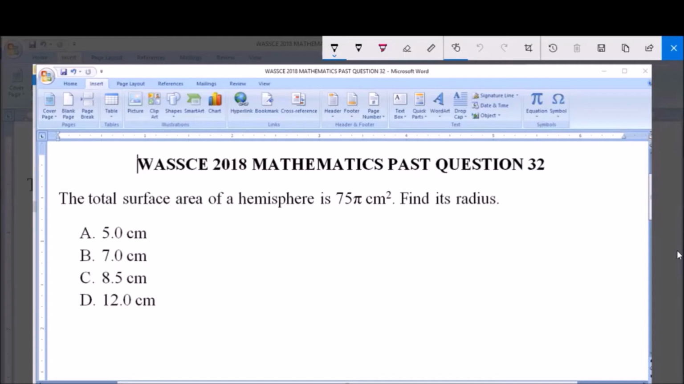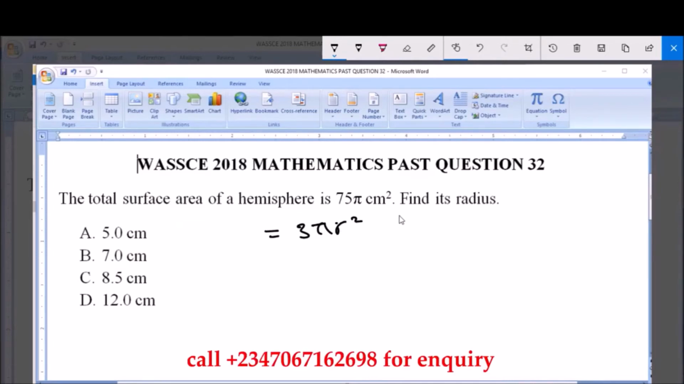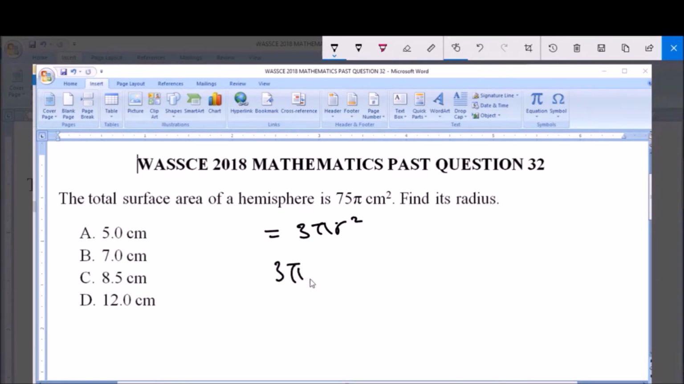I'll be answering WASSCE 2018 Mathematics Past Question 32. The total surface area of a hemisphere is 75 pi centimeter square. Find its radius. A 5 centimeter, B 7 centimeter, C 8.5 centimeter, and D 12 centimeter. Now the total surface area of a hemisphere is given as 3 pi r square. Now we are given that this total surface area of this hemisphere is 75 pi, meaning that 3 pi r square is equal to 75 pi